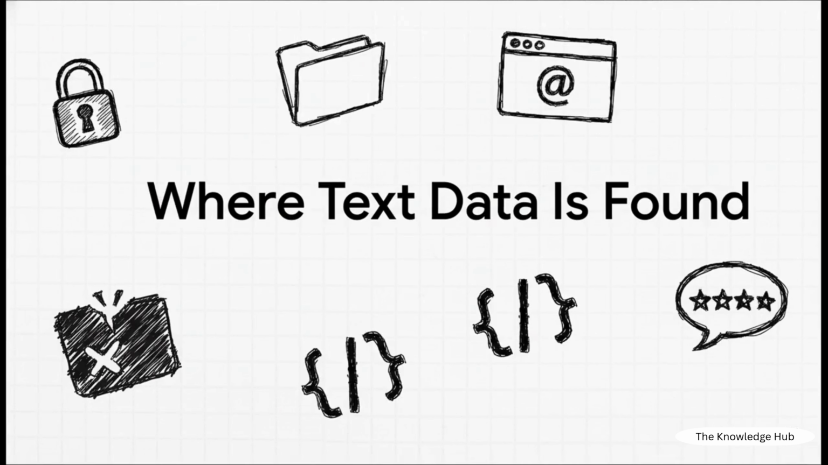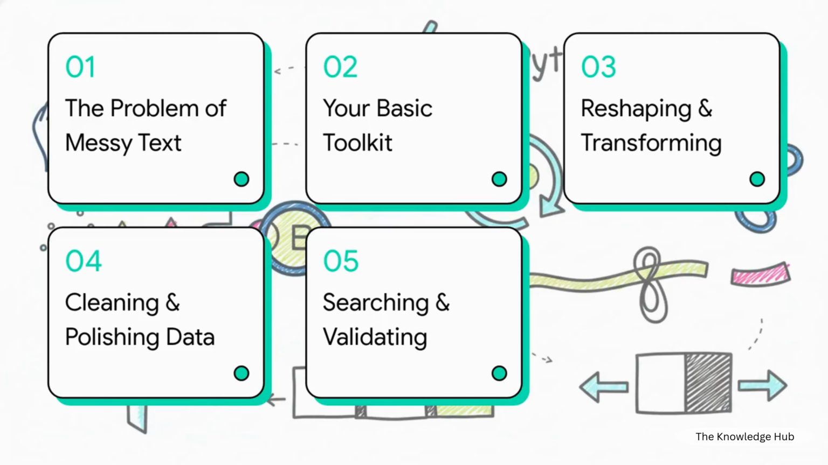And believe me, this text, it's everywhere. From the password you just typed in, to file names, data we scrape from the web, API logs. It's kind of like the digital exhaust of our daily lives. So what's the problem? The problem is it's almost always a mess, just full of typos, extra spaces, and totally inconsistent formats. But hey, don't worry, because Python gives us this incredibly powerful set of tools to bring some order